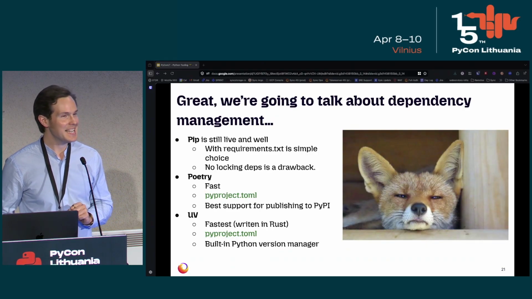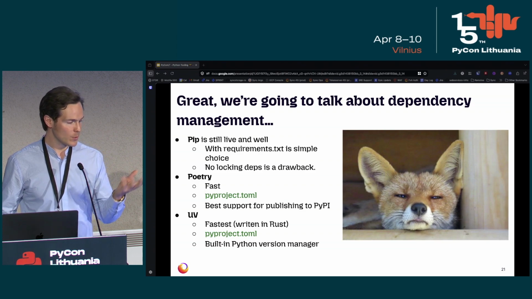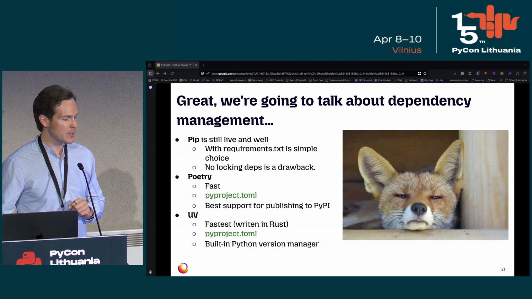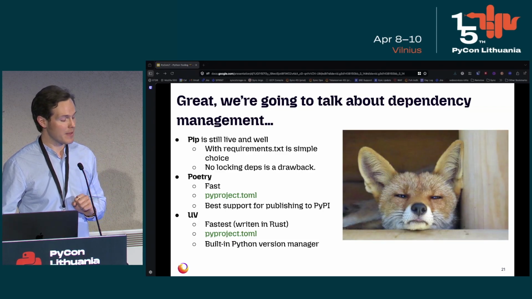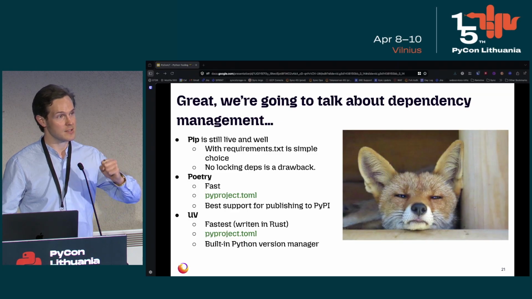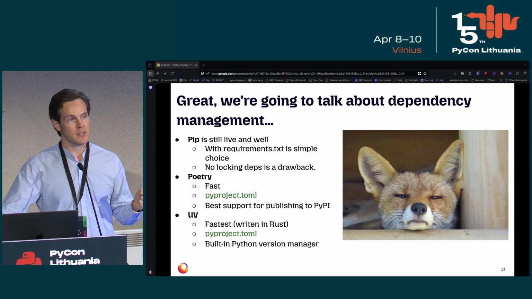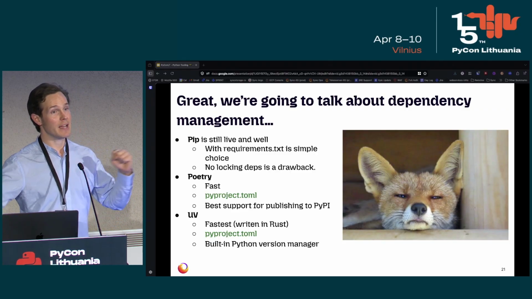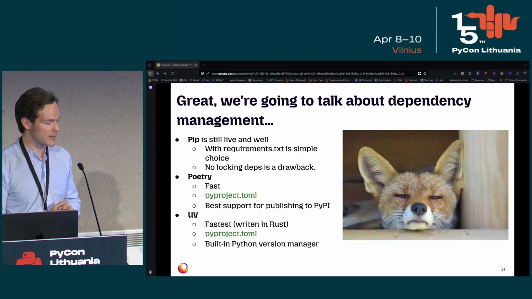Pip is obviously still very much live and well. The use of a requirements.txt is still quite standard. But the single largest detractor to that method is that you do not lock any dependencies. So you can have inconsistency between different platforms. You may do some local development, push something up to GitHub, it runs in your CI, and you'll have divergent versions sometimes. And that can depend on, obviously, a patch landed for an external library.